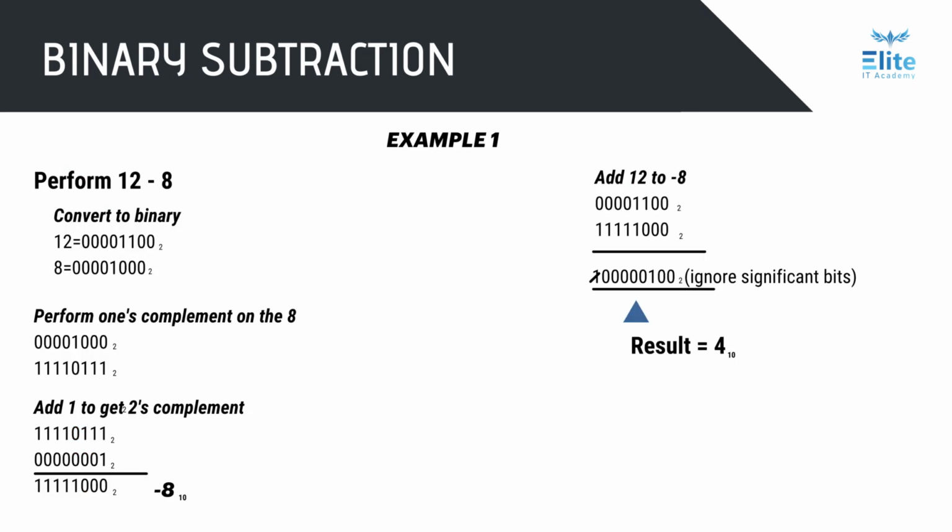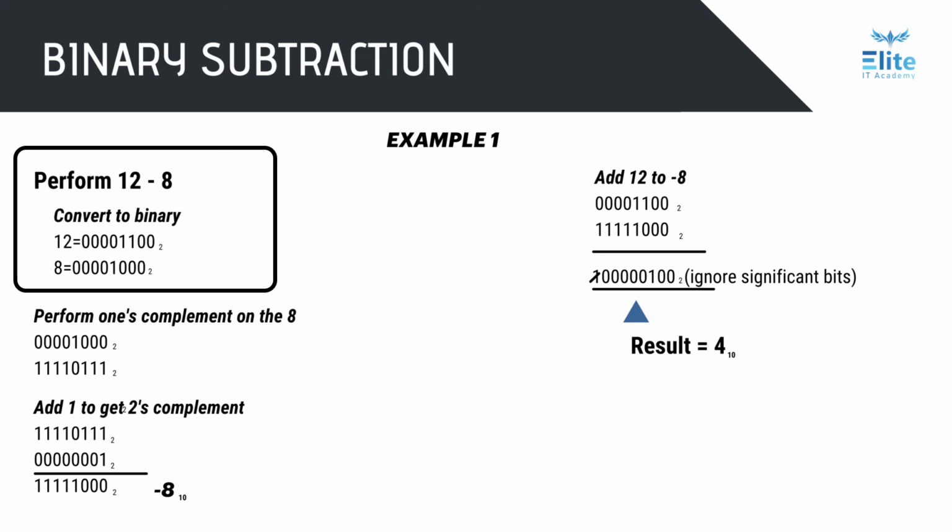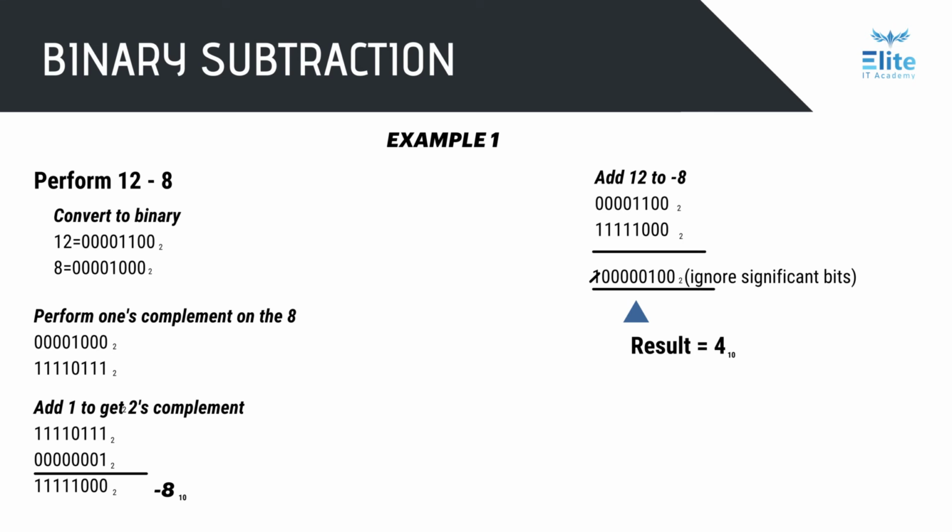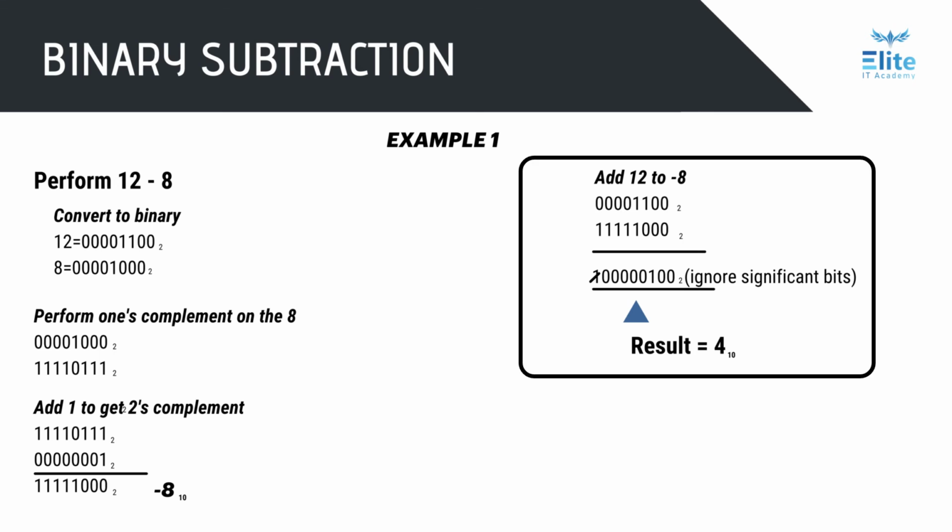Let's observe how binary subtraction operation happens. Let's take the operation 12 minus 8. This operation can also be performed as 12 plus minus 8. At first, to get the negative value of 8, we convert it to its 2's complement form. As you can see out here, the negative value of 8 is 11111000. When you perform a 1-byte addition operation, adding 12 to minus 8, you get the following value: 1 followed